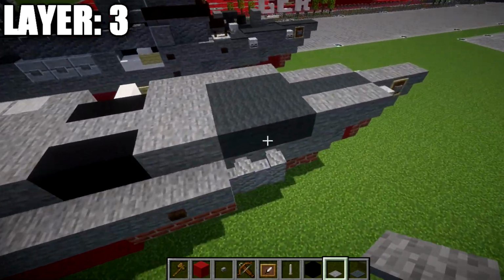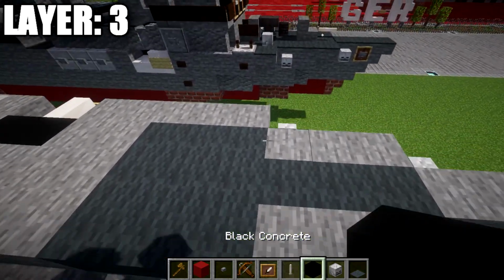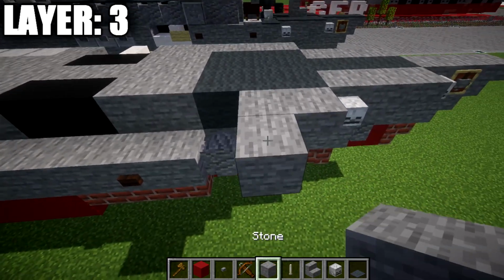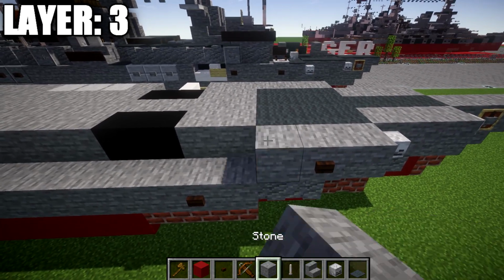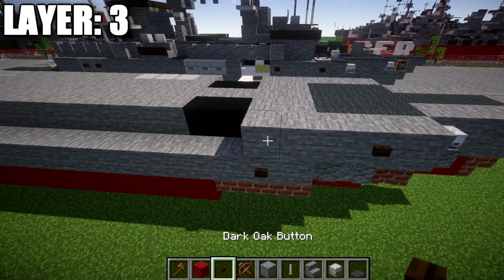Again, go up to the front here and out to the sides. We're going to place down a skeleton skull, coming off this second stone block here, followed by a stone upside down stair, a stone full block, and a dark oak wood button right here. From that stone block, we're going to place down 1, 2, and 3 more stone blocks. So we have a row of 4, and we're going to place down a dark oak wood button on the